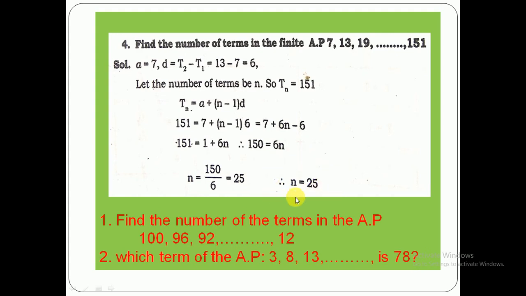Got the idea of these terms? So, don't confuse. This tn is nothing but an. You just write it as an only. Okay. So using this type of problem, can you work out these two problems? See, write down these two problems as homework today. Okay. So we will move on to our next slide.